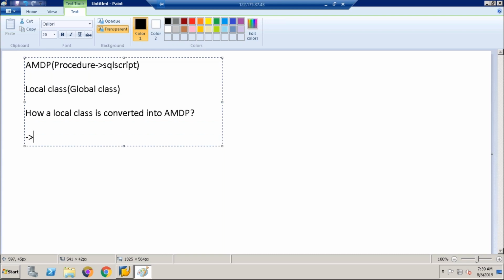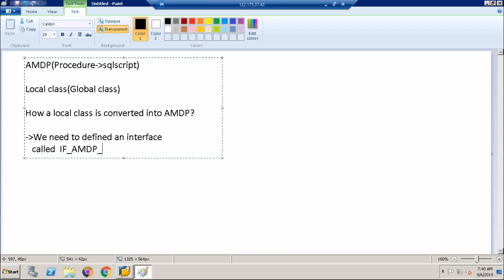First rule is we need to define an interface, called the super interface. The interface is IF_AMDP_MARKER_HDB.